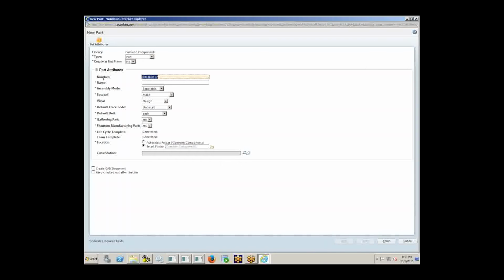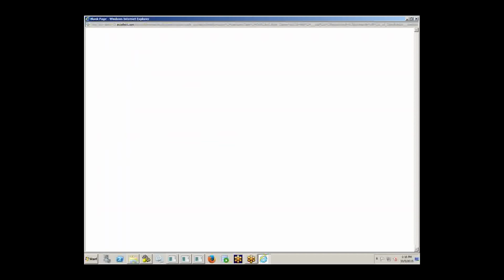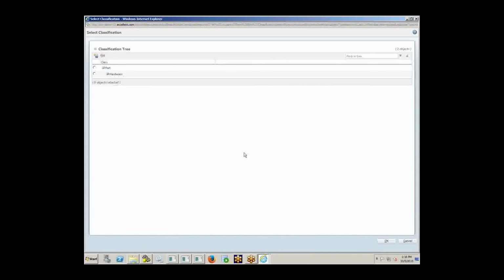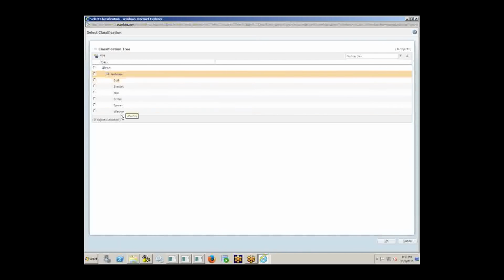In my particular system, I could choose my own number and name. So I'm going to do that here. Call it Demo Workshop Part. I'll give the name the same thing. And again, you see all the same out-of-the-box type attributes here, but we also have this classification attribute. So if I click on Find, it will pull up another wizard where I can then drill down to whichever